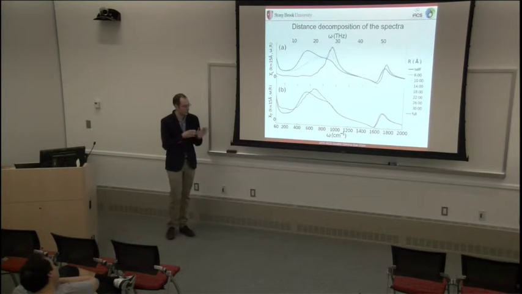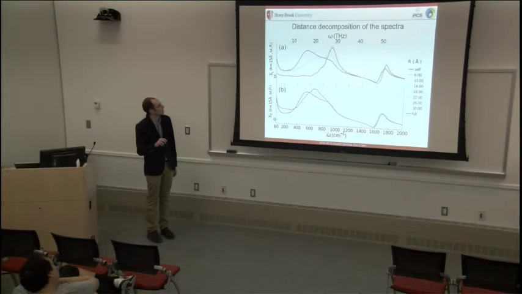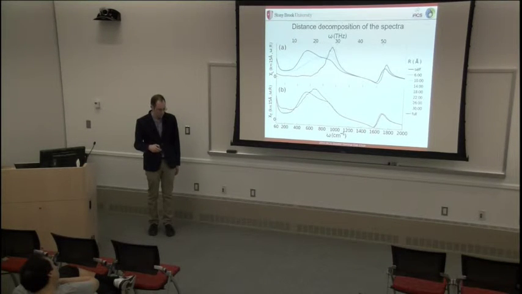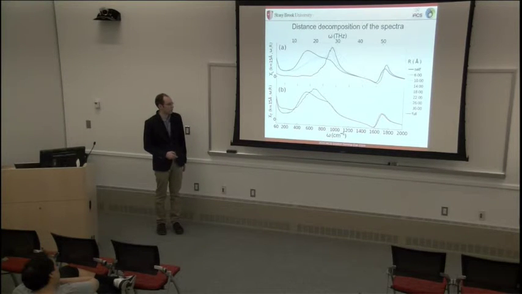here we decide to pick a particular K. So here we chose the smallest K we had available, which is 0.15 inverse angstroms. And then ask at that wavelength, how do molecules at different distances contribute? So that's basically partitioning the sum of the formula that you have. Exactly, yeah. It's limiting the sum, yeah.